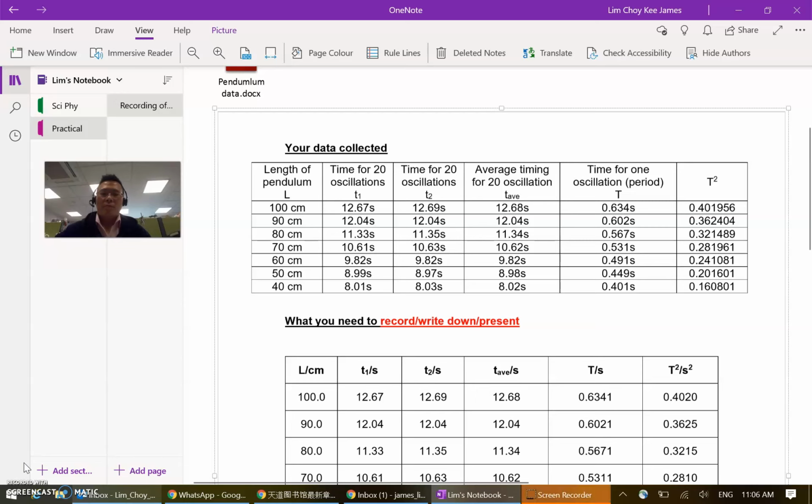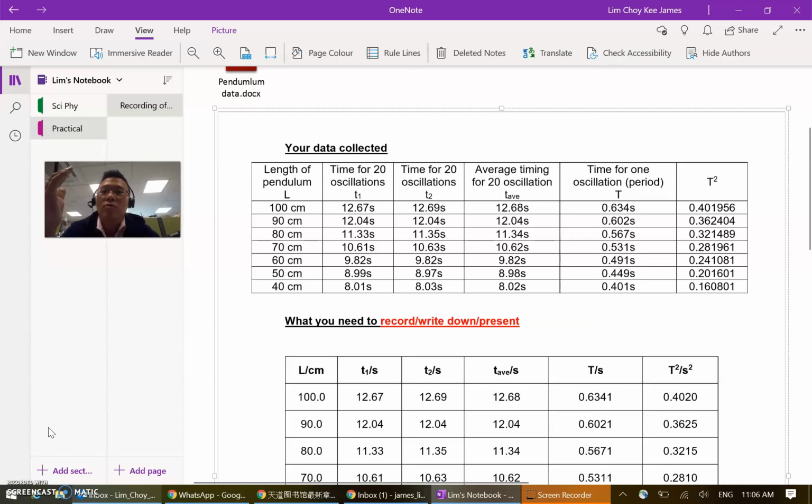Today's lesson will be on practical. We will be talking about the presentation of the data collected in your practical, which is one of the important, basic criteria for a physicist and for scientists: recording the data in the correct format. Interpreting your data is one of the basic skills for all science students. Especially for physics, we will look at one of the common experiments, which is the pendulum, recording the oscillation timing and the period for a pendulum.